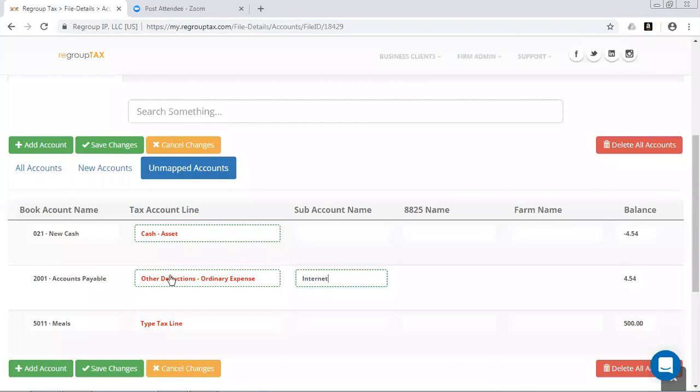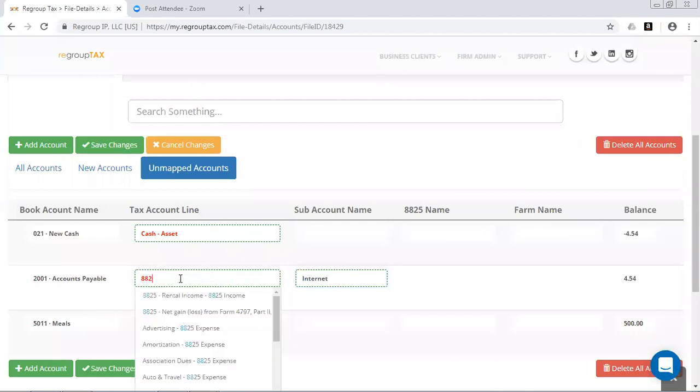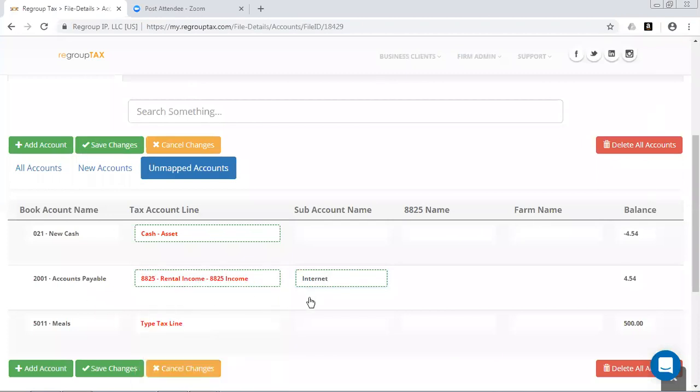Also, the 8825 or farming, if we were to give this an 8825 mapping, the software would require an 8825 name. This is just the name, either maybe the address of the rental property or maybe just residential real estate, whatever you call it on the tax return, and same with the farming. What that'll do is actually generate an 8825 report on the Reports tab, which we'll look at in just a minute, or a Schedule F report that ties directly to the tax return. So let's go ahead and map